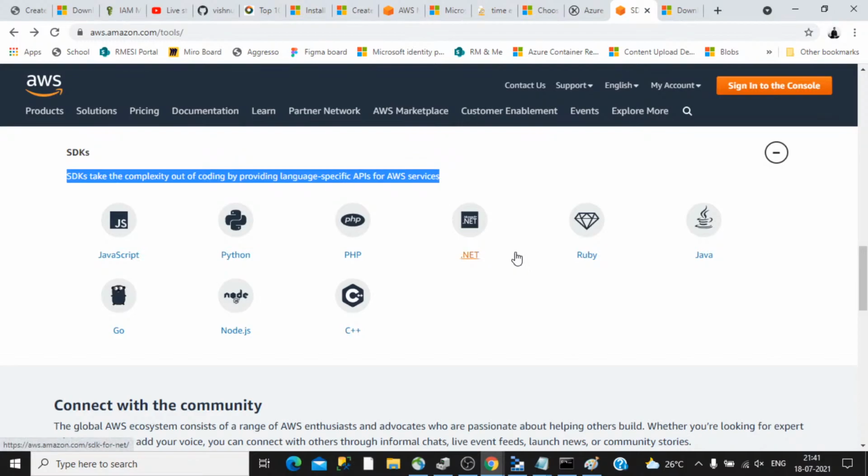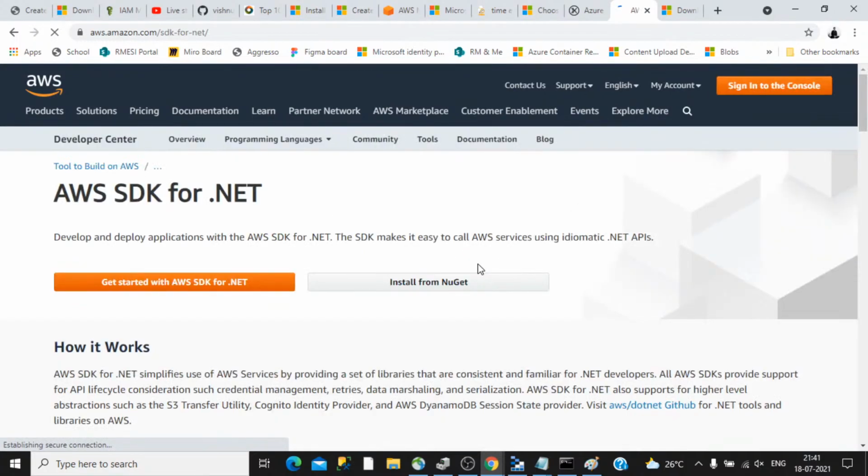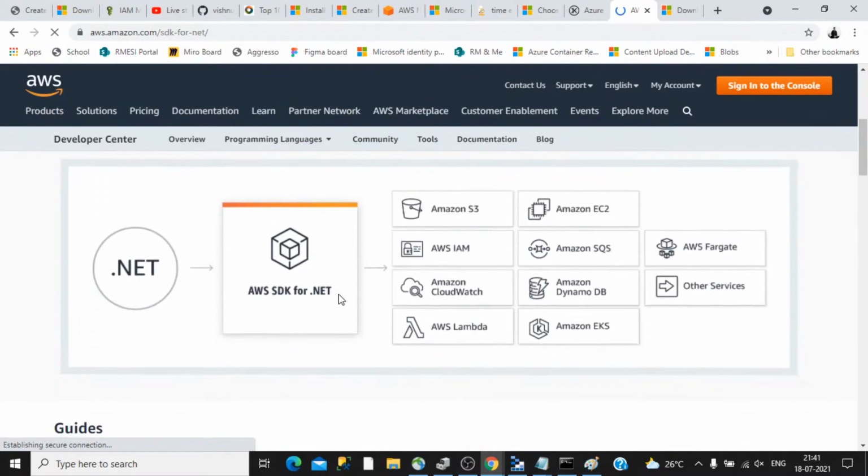I can explain with a scenario. For example, if you are using a .NET Core application, you can install the Amazon SDK as a NuGet package into your .NET project, and it's very simple to install.